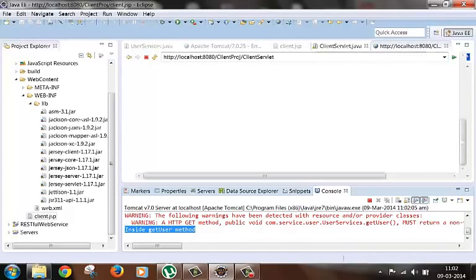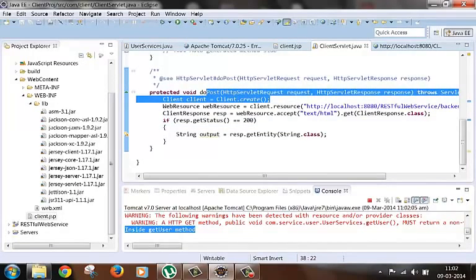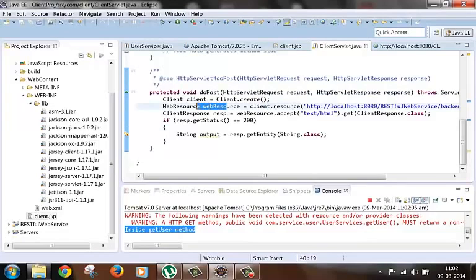So in an overview, what we need to do, we need to create one client object, and using the resource method we'll get the web resource object, and web resource object exposes so many methods for setting different parameters. So we can use like accept, we can use like get, put, post, delete, all those. And then we can get the response status from the getStatus method, and we can get the response body using the getEntity method. Here entity means the response. Okay, so this is the way we write the client code in Java